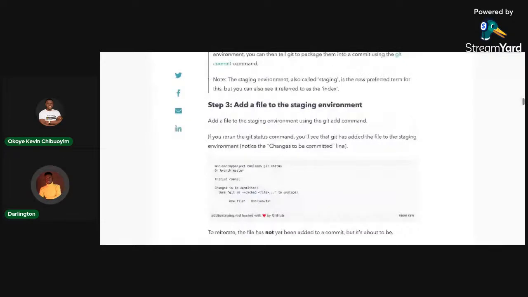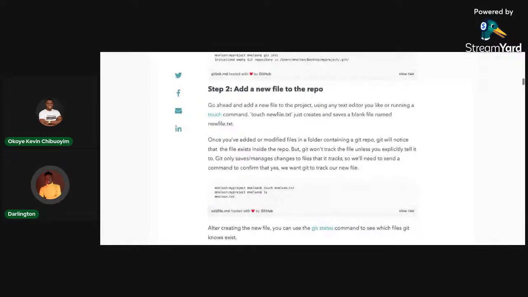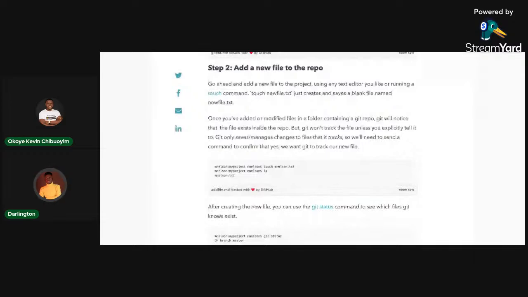Yeah, here. So I was saying something about the importance of staging your files. To recap, the staging area is a means by which you tell Git, okay, I want you to track this file and this other file. So in case I'll be moving my code to GitHub, or running a git commit, these are the files I want you to track. Basically, to add files to the staging area, we use a command called git add.